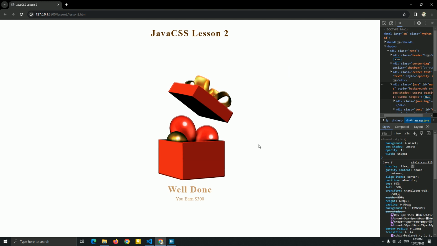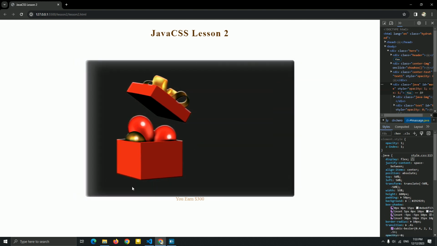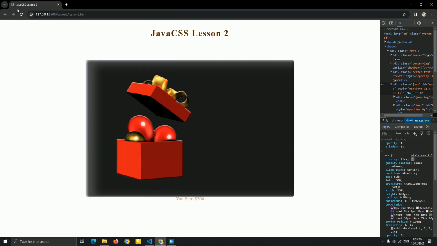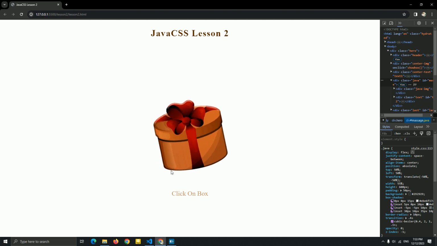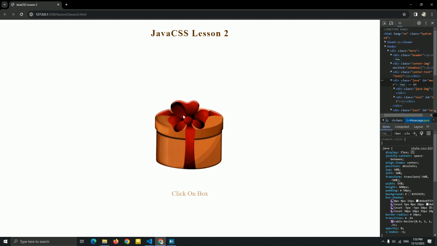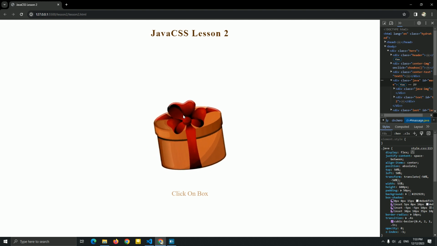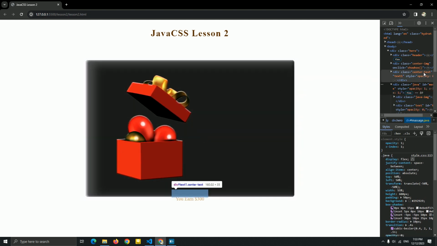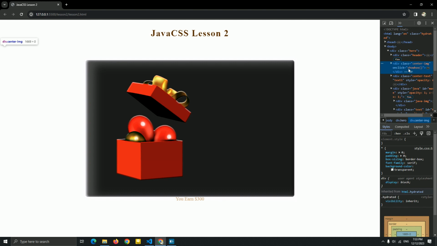Now we get one problem with this opacity 0 and opacity 1, guys. As you can see, if I click one more time on this image, you can see this message comes up again. So why did this happen? Because this center image in the first video, I didn't add a display none to remove it. I just added opacity 0. So this is the problem that you just saw. If I click again, you can see this center image is working again for this show box.